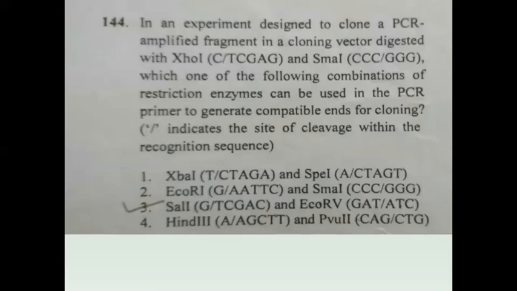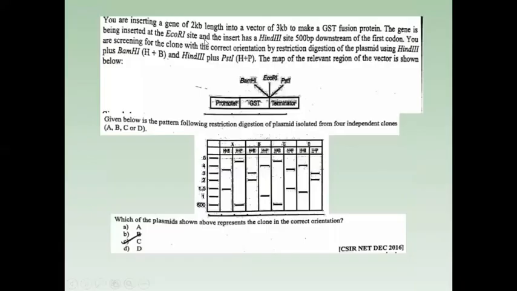So for this, we have to write, in the options, the restriction enzyme sites that have been shown. Here we can see these XbaI, EcoRI, SalI and HindIII sites. So all the sites as it was written here,